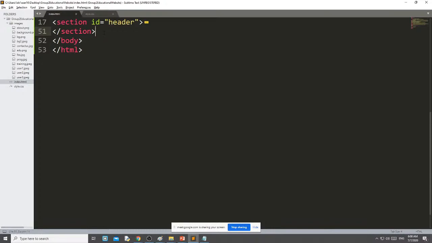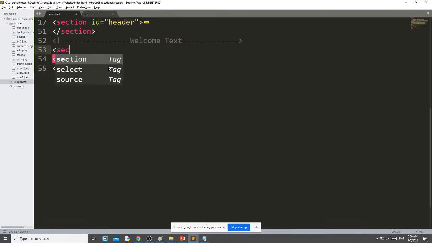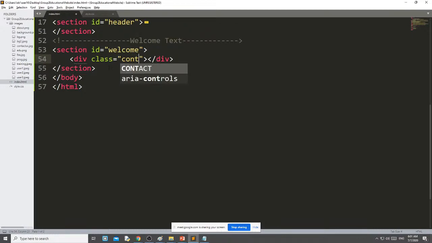Like this part is completed, I simply minimize this, then I am writing another comment line, welcome text. Here again I am creating one section and section ID I am giving welcome. Here I am creating one div and giving that class as container. See, container is a predefined class in Bootstrap.